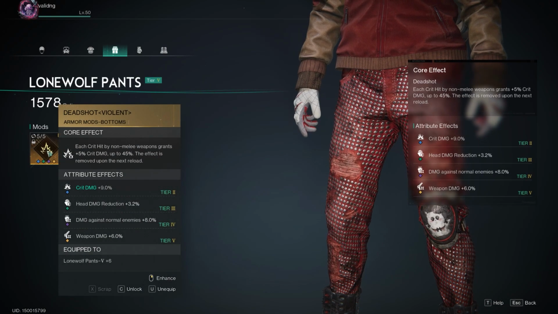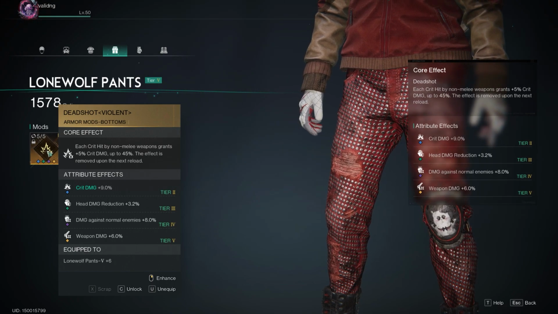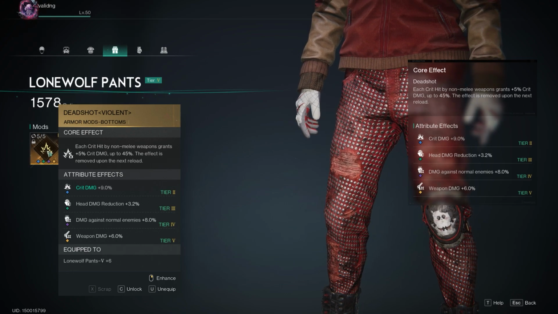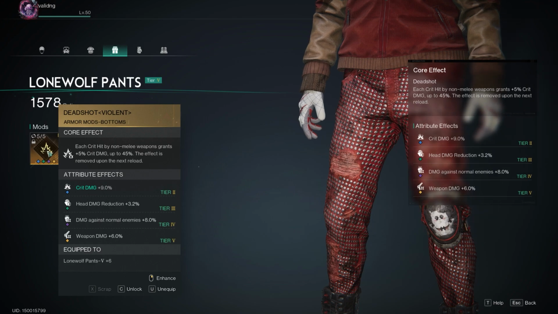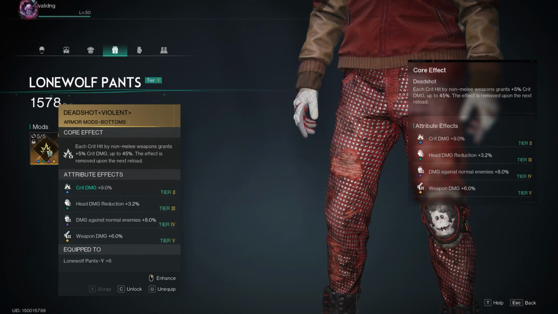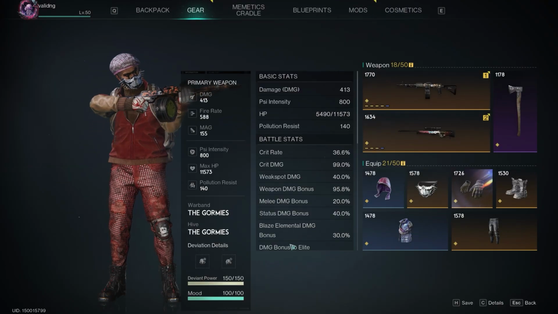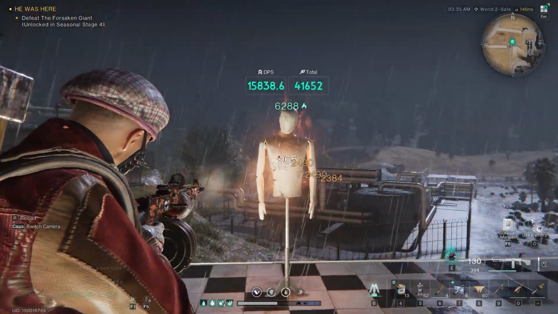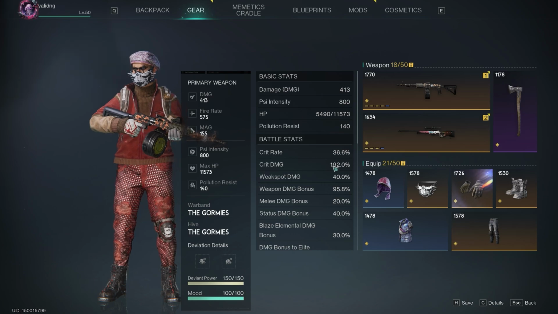And for the pants, critical hit by non-melee weapons grant 5% critical damage up to 45%. So I get another 45% critical damage, plus 9% from the attribute effects, weapon damage 6%, and damage against normal enemies. Some of the stats are seen here, but some of the stats will only appear after we shoot. So let's do a test. So if we look now, the critical damage went to